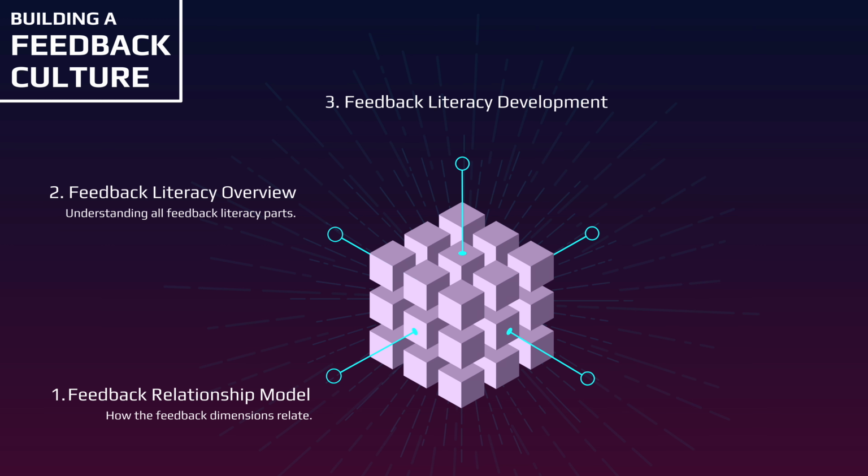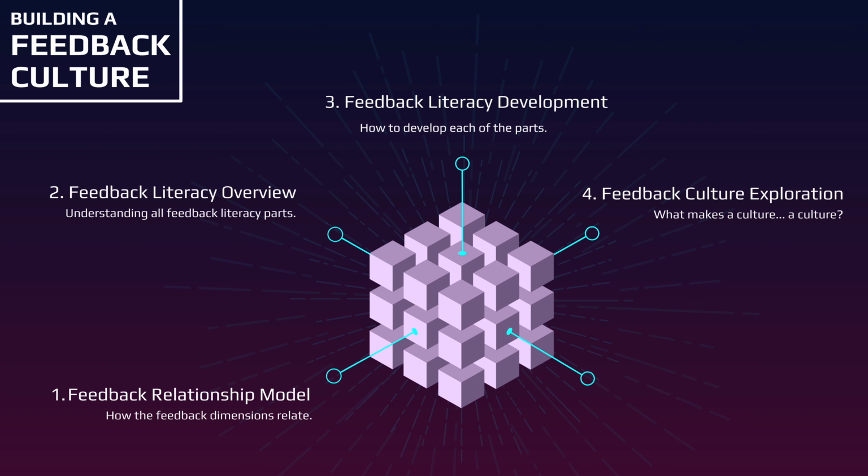In part 3, we'll keep working with feedback literacy, this time exploring some practical ways we can develop in each of its 3 foundational areas. In part 4, we'll dive into feedback culture, including an exploration of the ways in which we can categorize the various feedback types that exist within a culture. This will take some of the information we covered throughout the course and give you a new way to look at it, so you're able to think about feedback at the organizational level.